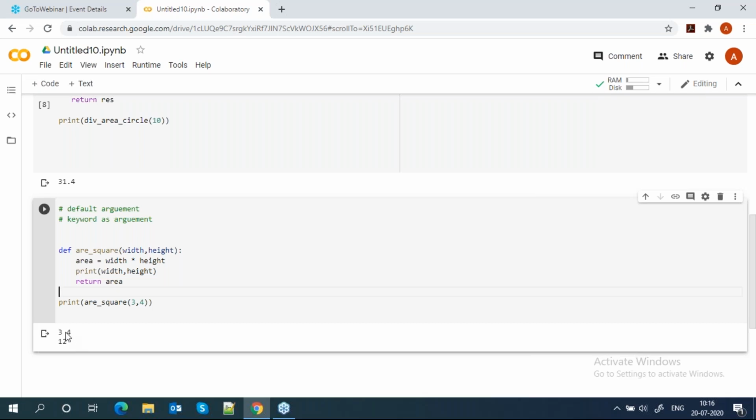It is sequence wise: whatever the sequence of your arguments, whenever you pass them, it will take them according to this sequence. Sometimes it creates problems. So what do we use when passing the arguments? We use the keyword, like here.